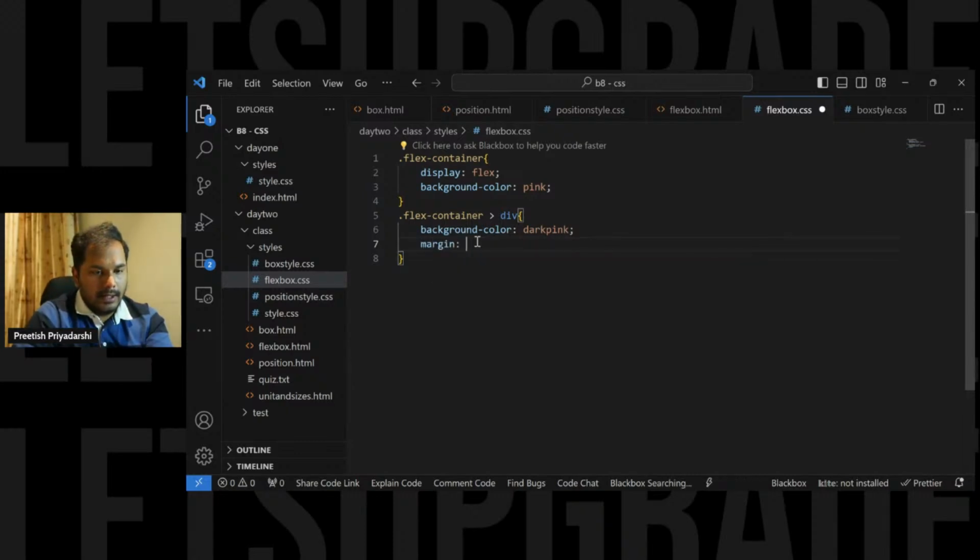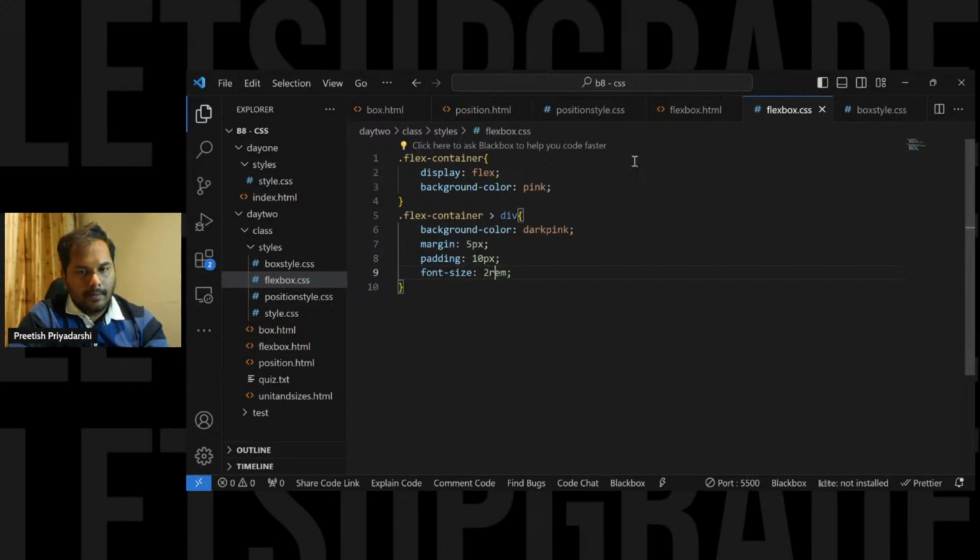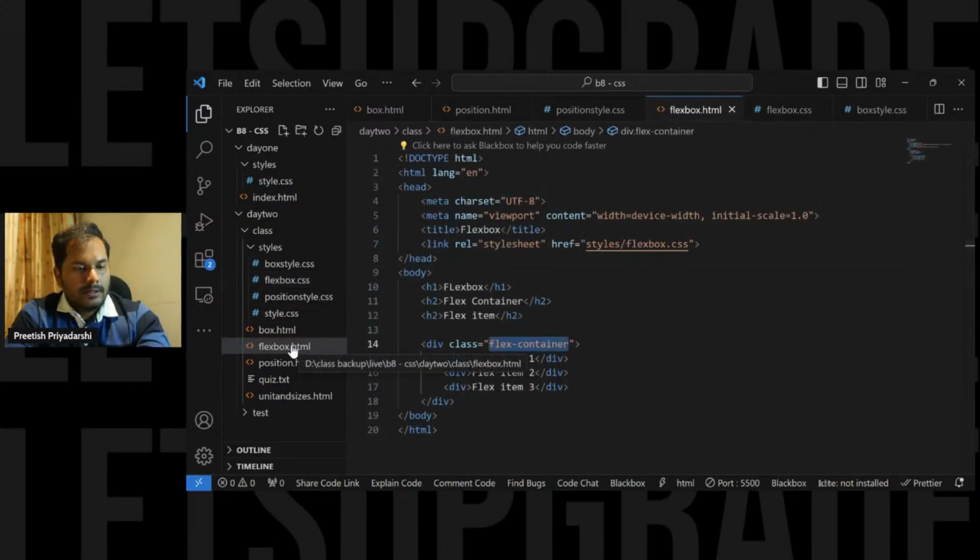So margin, let's give it around 5 pixels on top, left, right, bottom. Let's give it a padding, similarly around 10 pixels. Sorry, typo issues. All right, and let's give it a font size, something around 2 rem. All right, so let's open it